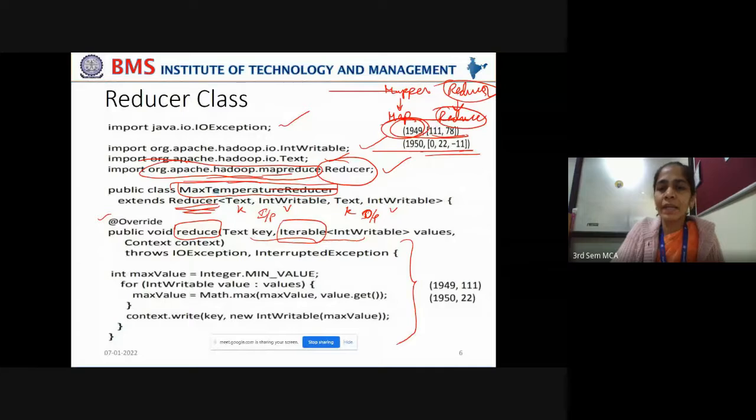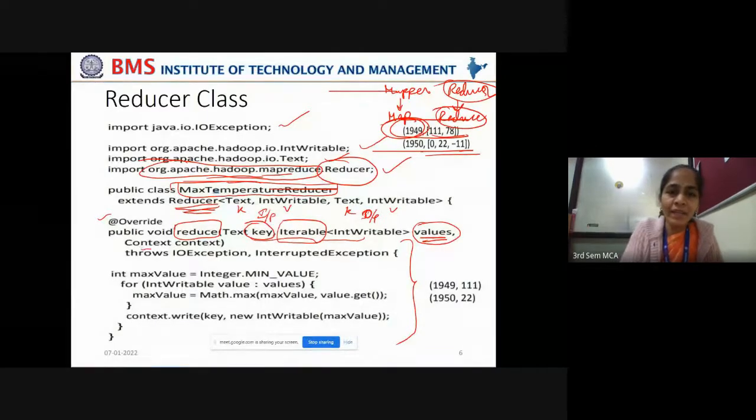So we are taking an iterable for the values of air temperatures that are being passed as input to this reduce phase. Got it? So the key indicates the year and the values indicate the iterable list of air temperatures that are generated in the map phase.